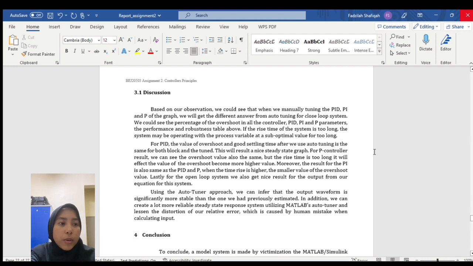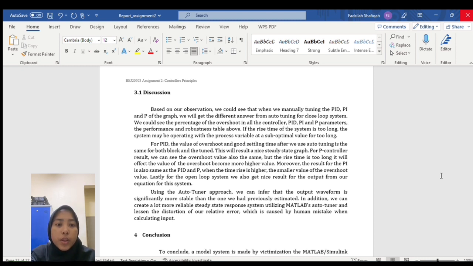If the rise time of the system is too long, the system may be operating at a suboptimal value for too long. And for PID, the value of overshoot and the settling time after we use auto tuning is